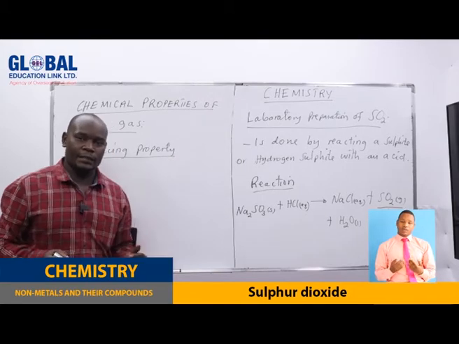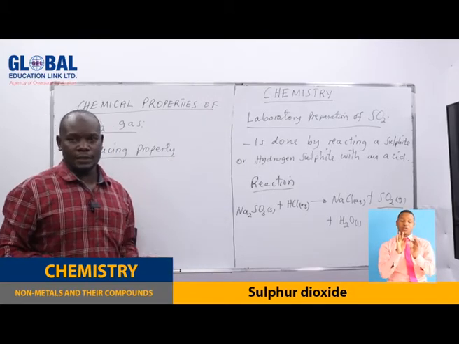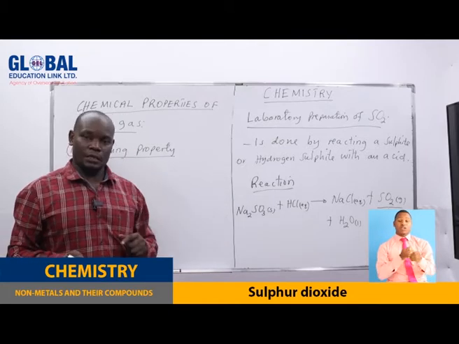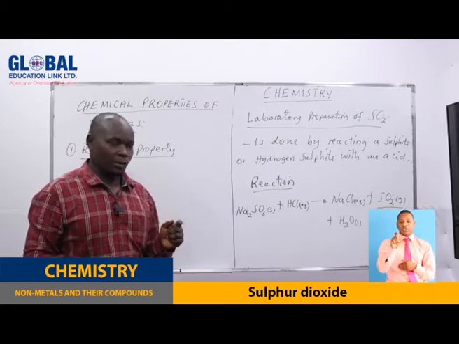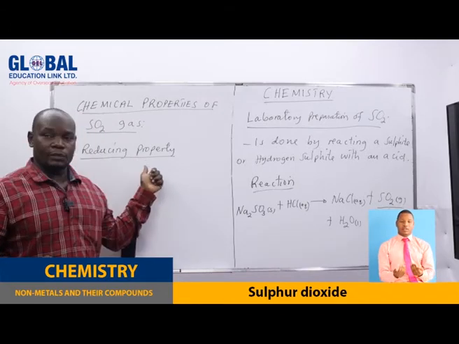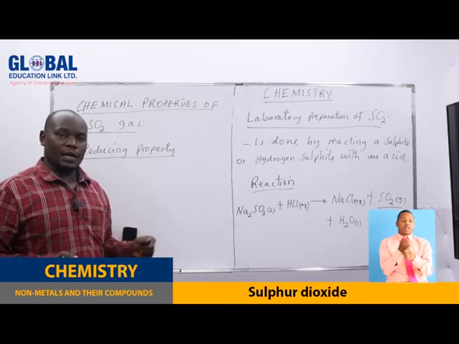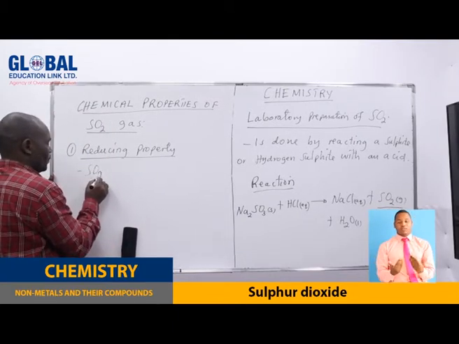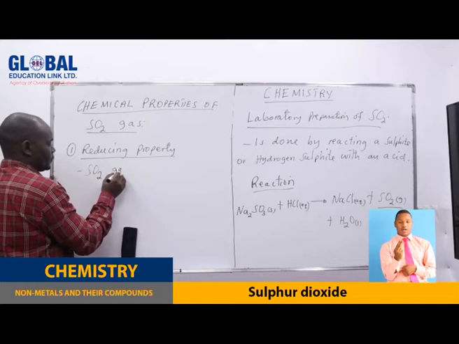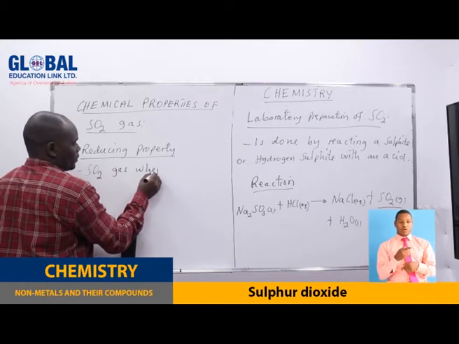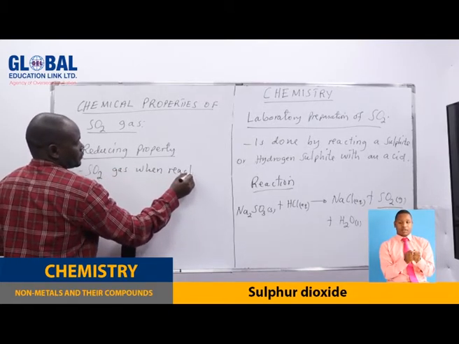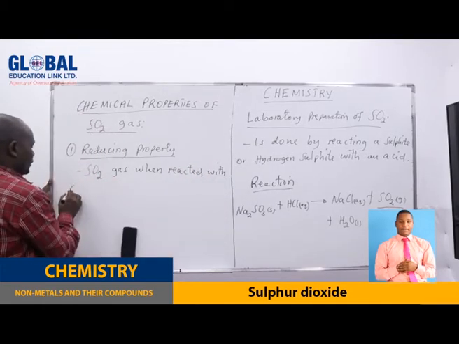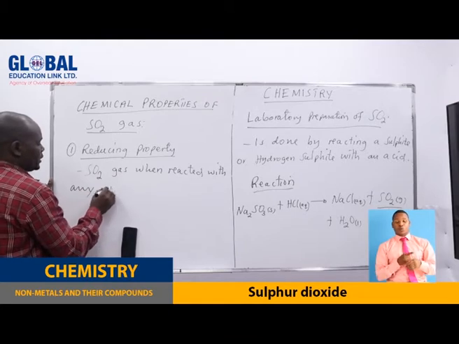So sulfur dioxide is a good reducing agent when it reacts with any other oxidizing agents. So it gets oxidized, but the oxidizing agent gets reduced. So here is that sulfur dioxide gas, when reacted with any oxidizing agent,